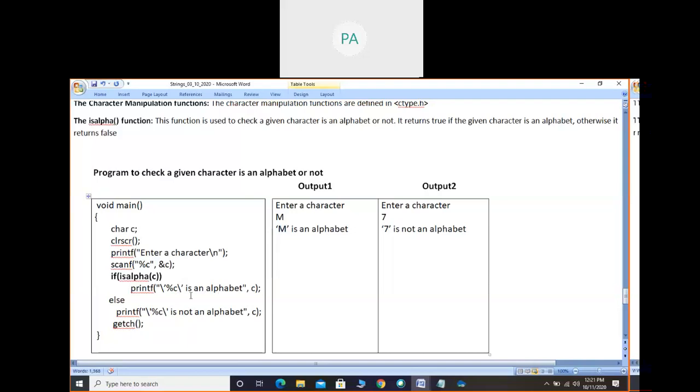Backslash single quotes and again backslash single quotes will print single quotes. Before M I need starting single quotes, and after M ending single quotes. So I have written backslash single quote, %c, backslash single quote. So it will print M is an alphabet, or else 7 is not an alphabet. So I have used the isalpha function. You can take this screenshot. Some 5 to 6 functions are there, we can finish them.